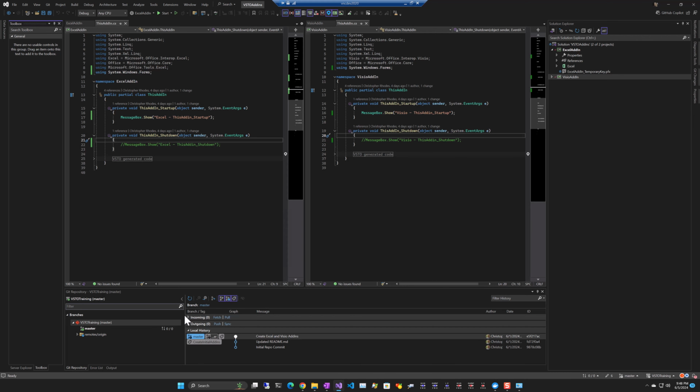All right, let's go from an empty add-in to what we just saw. So I've added a new tag, and I've added a message box in the add-in startup method just to show that the add-in got started. So if we quickly run the Excel add-in,